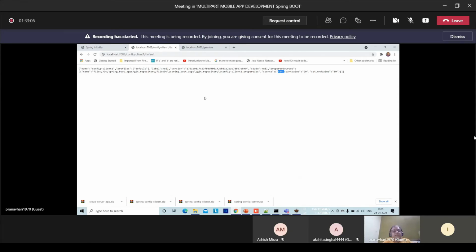Once the cloud server is created, the task of the cloud server will be to read the data from the Git repository, that is the cloud. And in real situations, what happens? The data read by the cloud server, which has been deployed, the server app, needs to be used for any specific client. So the client should get back that data.